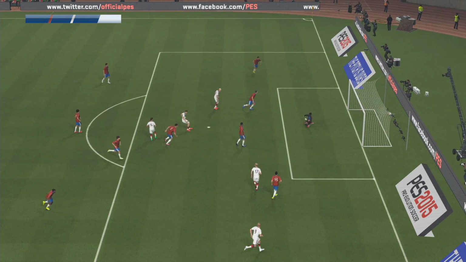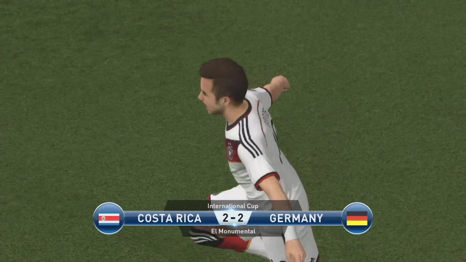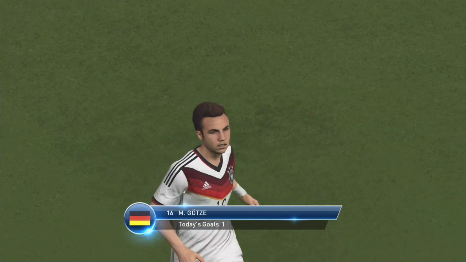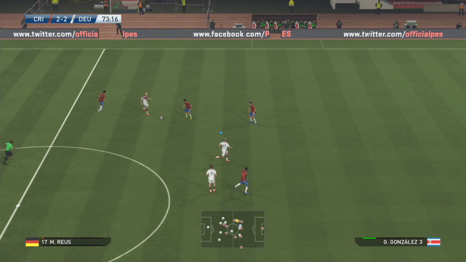It's a really nice strike from Mario Götze to make it 2-2 in the 65th minute of the match, roughly, and allows us to equalise and go into the last minutes of the match, knowing that we could maybe win the actual game. So in the 73rd minute of the match here, Reus is on the ball, waits for Götze